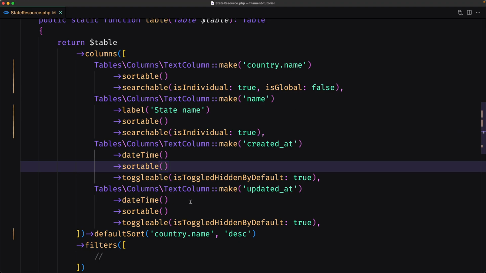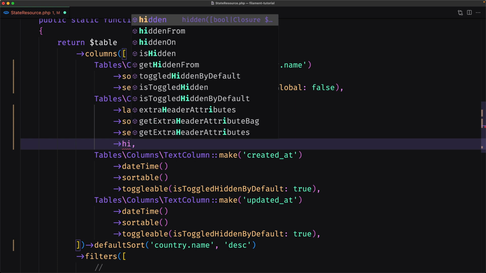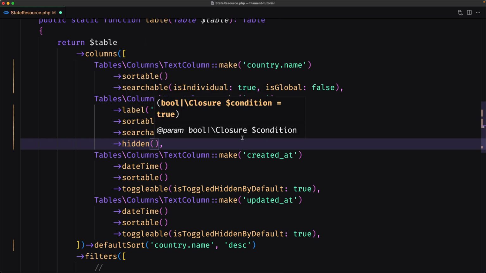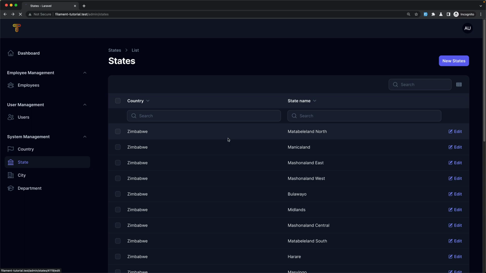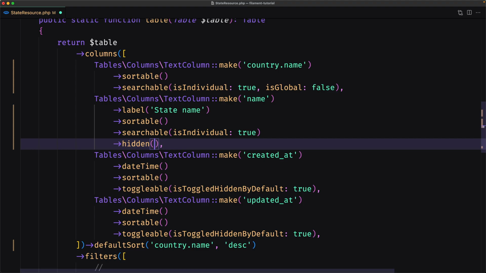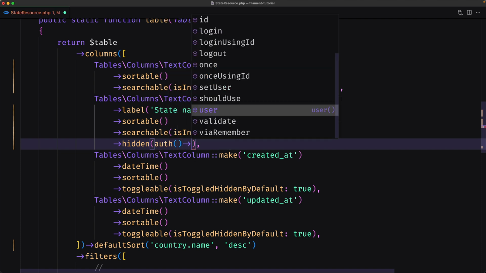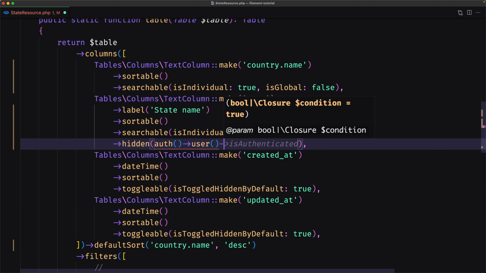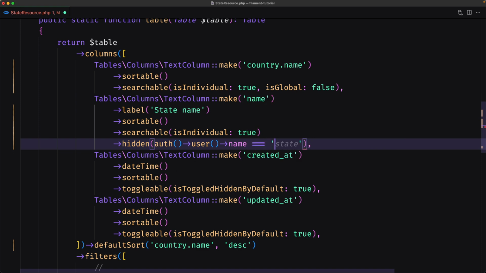Also, if you want, you can hide a column by using hidden, so let's use a name here. I'm going to use hidden, which accepts a boolean or a closure. So I'm going to say true. It's going to remove now the name, as you can see. Also, we can say, for example, here, if the authenticated user, we don't have admin or not admin, but for example, let's say if the auth user name is, and let's see what is the name, admin user, or let's say email here,